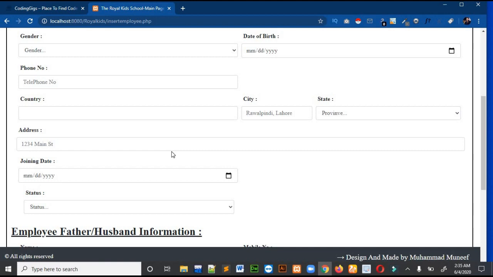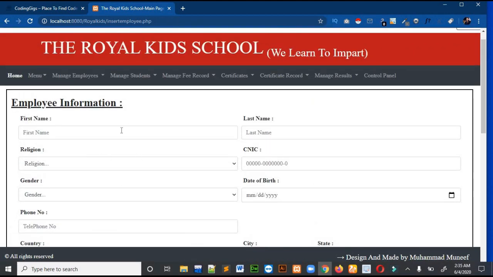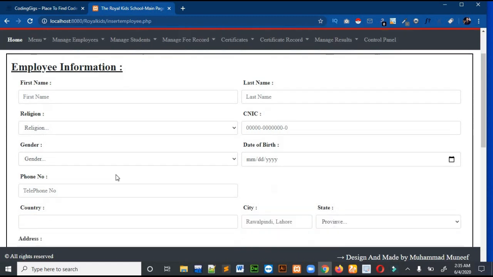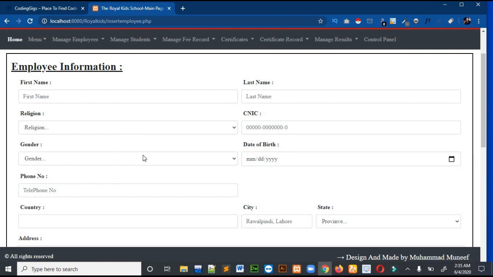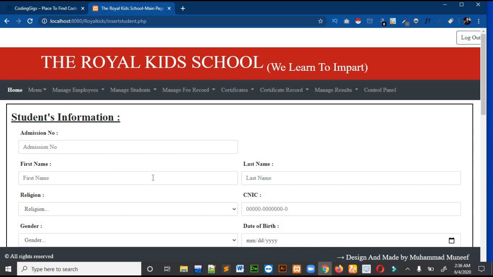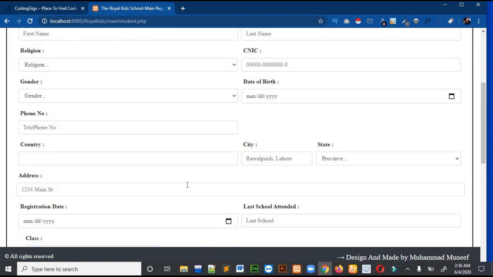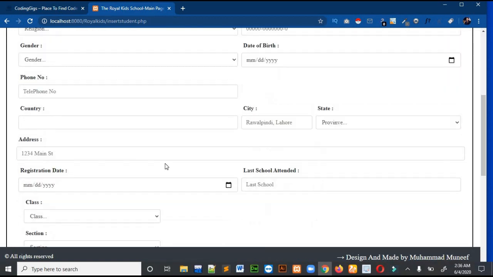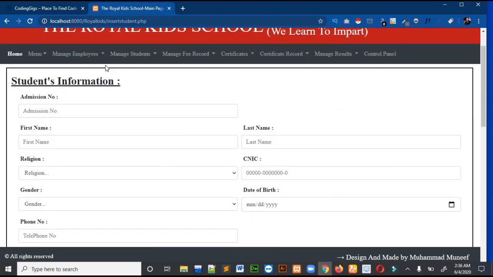Their layout is the same, but the attributes or entities I am taking from the employee or user are different. So I am asking some different things from the employee, and some different things from the students. Okay, so only these two forms are different. All the remaining functions and code will be the same.